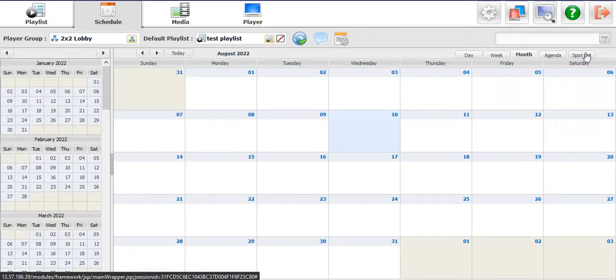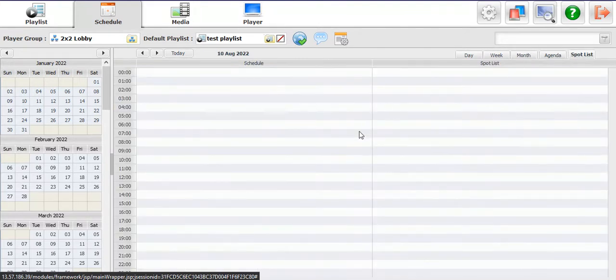Okay, and then last but not least, the trump card of publishing. So the lowest is default playlist, second is schedule, and spot list is what trumps both the default and the schedule. So even if you have a default playlist, if you have a schedule, it'll go over the default playlist. Even if you have a schedule, if you do a spot list, it will go over the schedule. So a spot list is